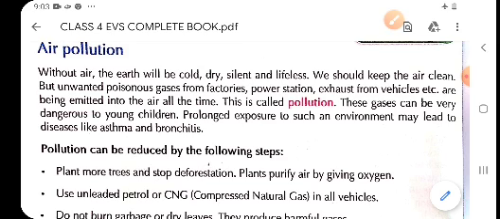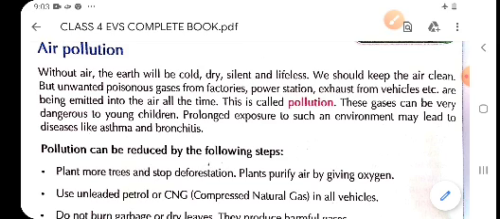So children, try to keep the air pure, and let us see how we can reduce air pollution by following steps. Pollution can be reduced by the following steps. If we follow certain steps, we cannot stop the pollution completely, but we can reduce it. Reduce means children, we can try to